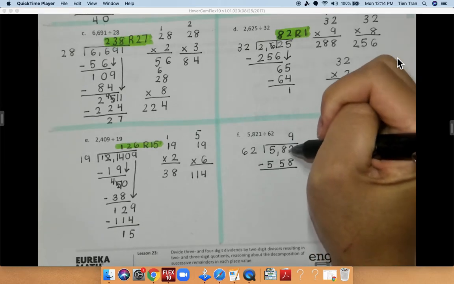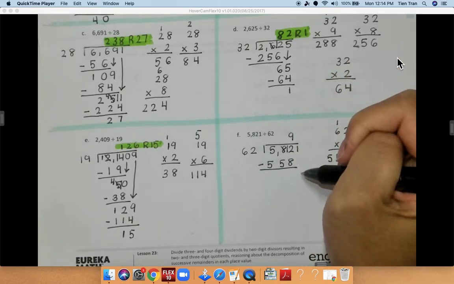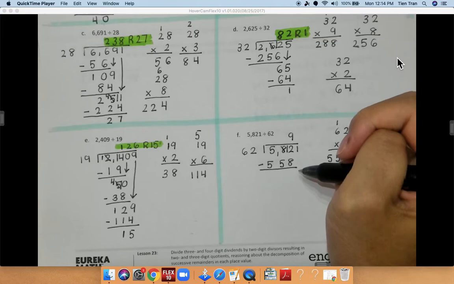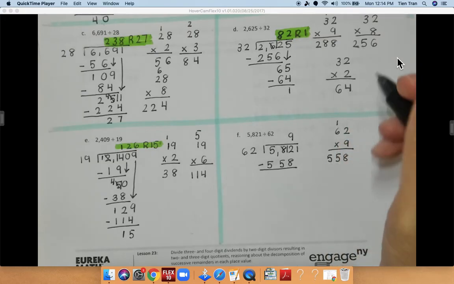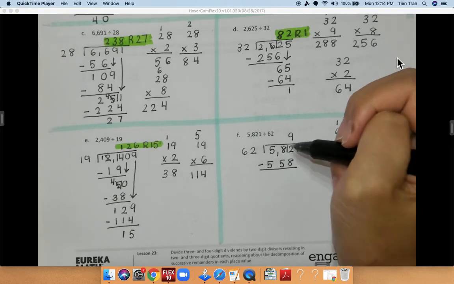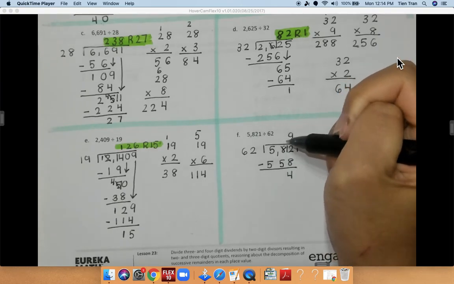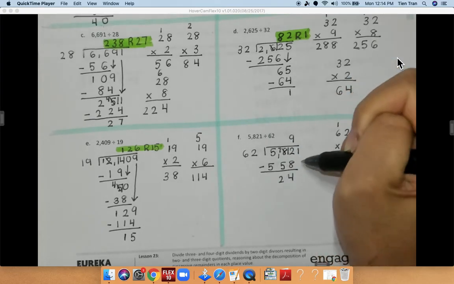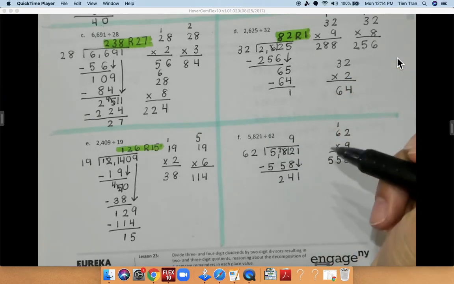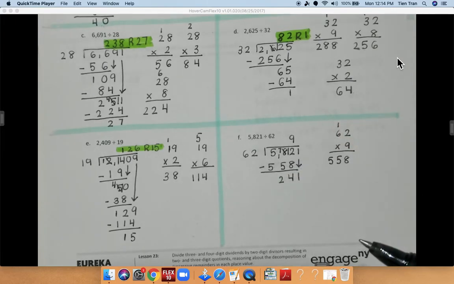Now 2 minus 8 is not possible, so I'm going to regroup. 12 minus 8 is equal to 4. 8 changes to a 9. 8 changes to a 7. 7 minus 5 is equal to 2. Bring down my 1. 62 can go into 241